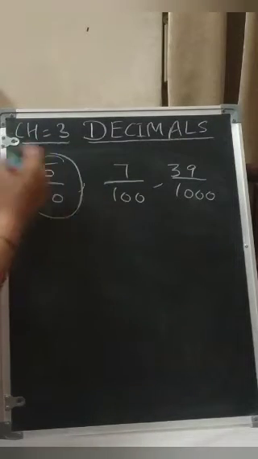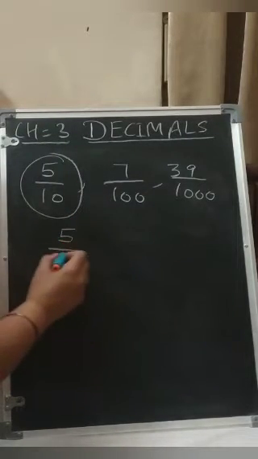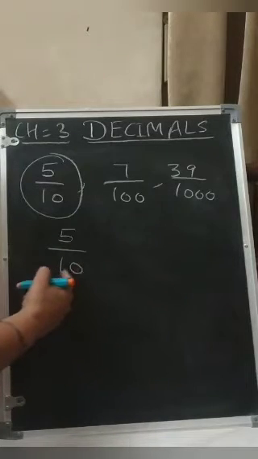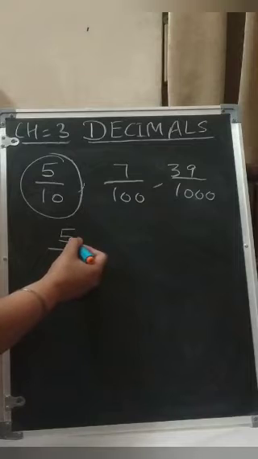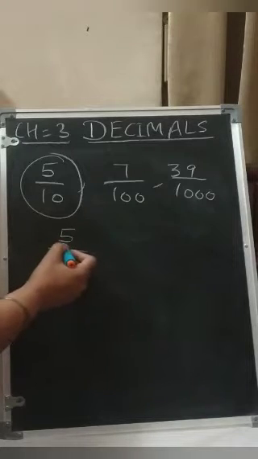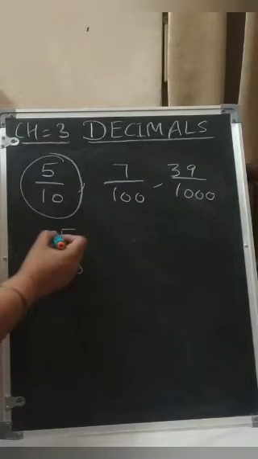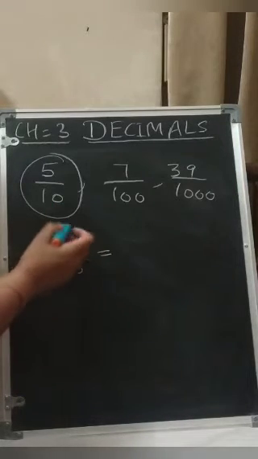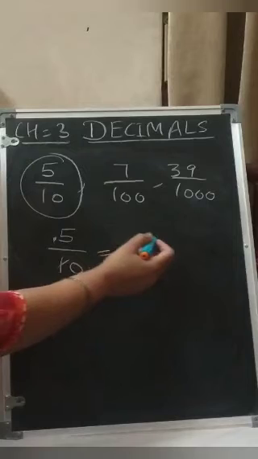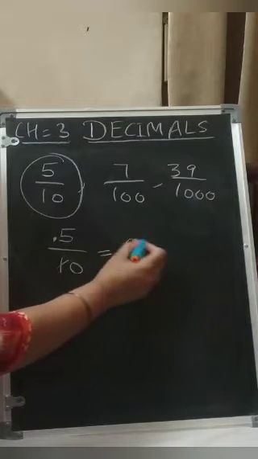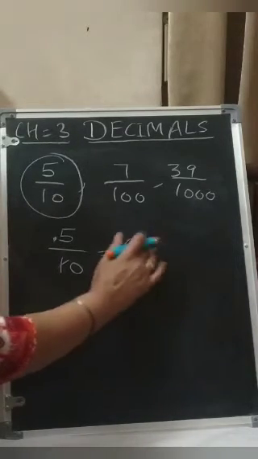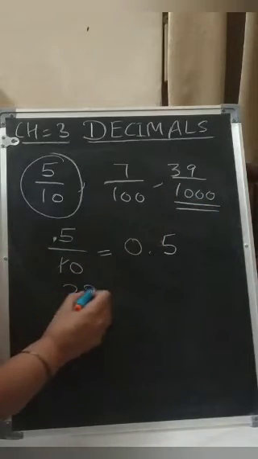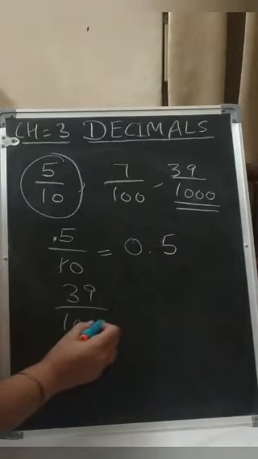Where the denominator is like this, we can change it very easily to a decimal fraction. Now how to change this? What is the method? You can simply see how many zeros are there. In 5 over 10, after one digit you will put the point and this will change into a decimal. And you also know that we never start any number with a bare decimal point, so we will write it 0.5.